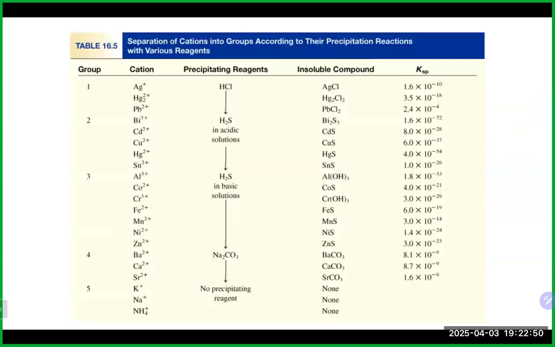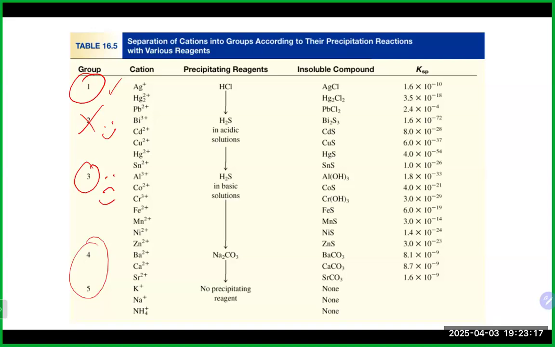Okay. As you know, this is basically about qualitative analysis KSP, and we have our different groups. Our group 1, which we already did. Our group 2, we don't do anymore. Yay. Our group 3 after spring break. And then we got some 4 and 5 coming up there as well, which is a lot of flame tests. But